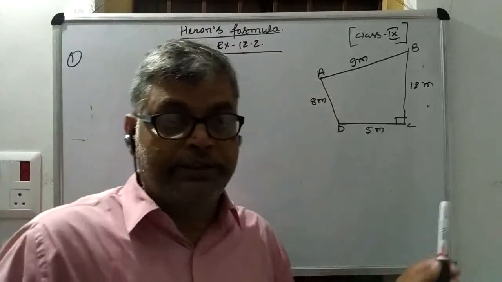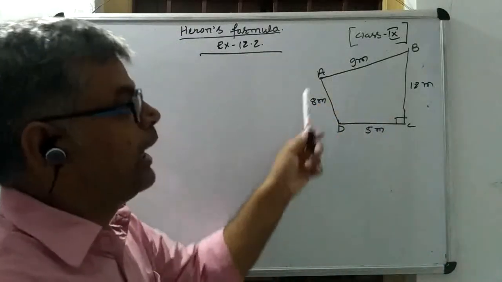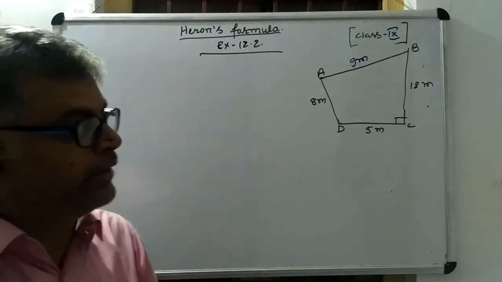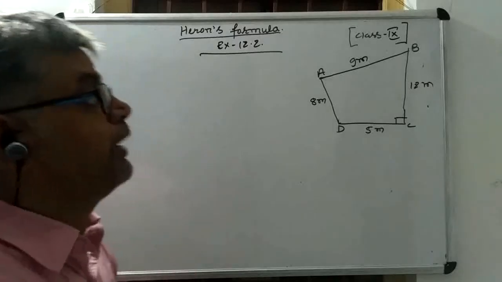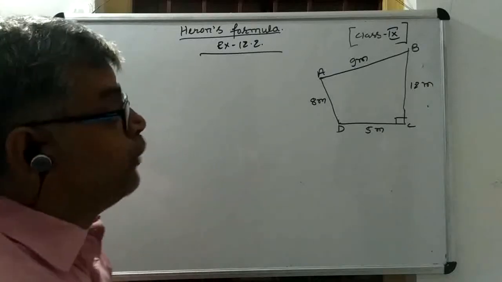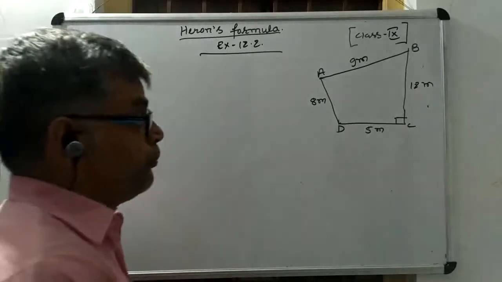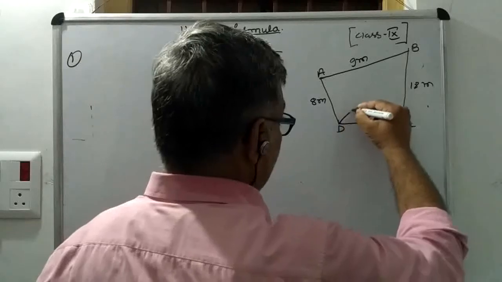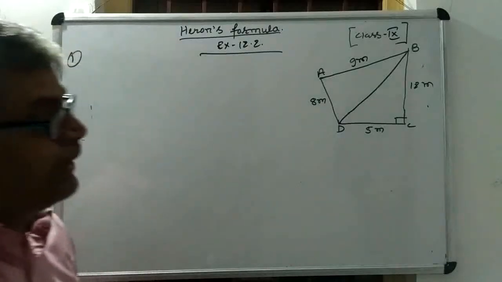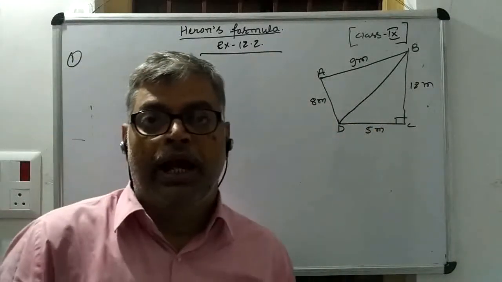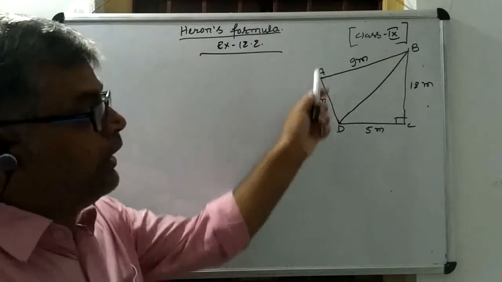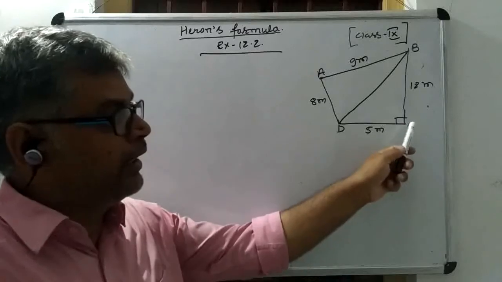In this quadrilateral field, children, you can see that the 4 sides are given, and one angle is also given, that is 90 degrees. So now we have to apply the brain. How will we calculate the area of this field? For that, just join BD. Now you can see that this quadrilateral field has been divided into two triangular fields. One is triangle ABD and the other is triangle BCD.